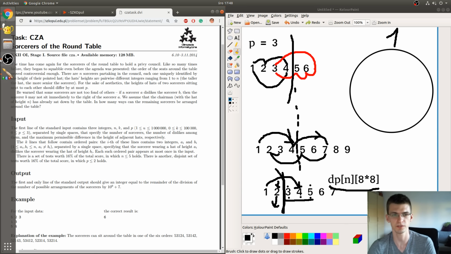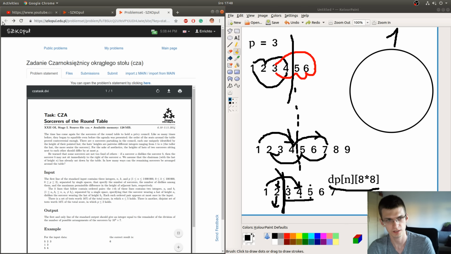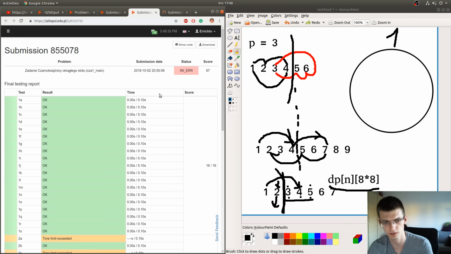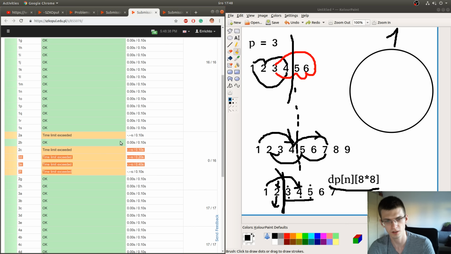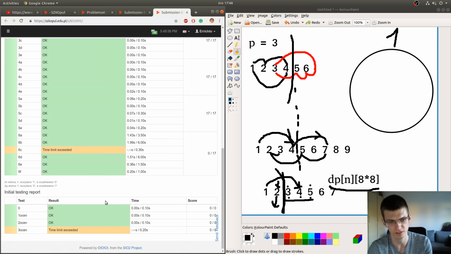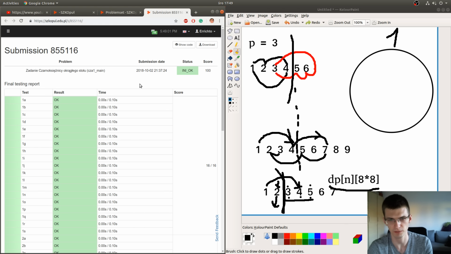Okay, and the remaining thing is seeing my code. I had quite a few submissions yesterday, mainly because I got time limit exceeded for a long time. Let's see some random submissions. You can see here that some tests have a time limit like 6 seconds, and I solved that correctly, but some tests in the same group of tests have like 0.3, and likely it was something like p equal to 1, so then I had to add ifs for that, but then I added wrong ifs, so it took me some time to solve it.